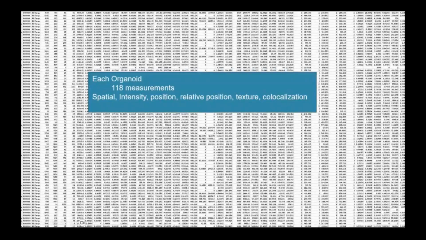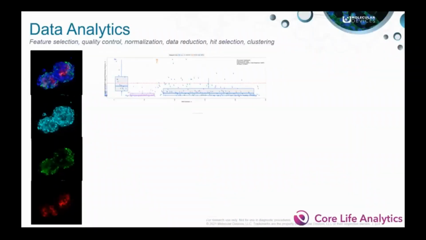For example, here, for each organoid, I'm able to obtain 118 measurements that pertain to these different classes of measurements. So spatial information, the intensity of the various fluorescent channels, the positions of where they are, relative position, the texture measurements, and even the co-localization. And so all these measurements were put through a data analytics pipeline that includes data normalization, feature reduction using